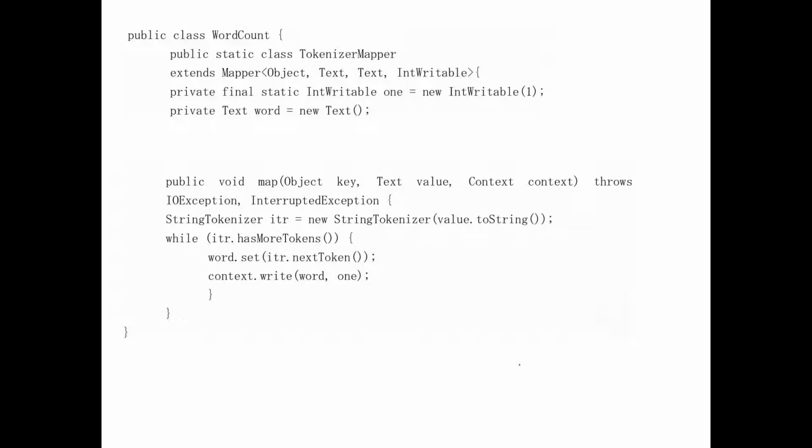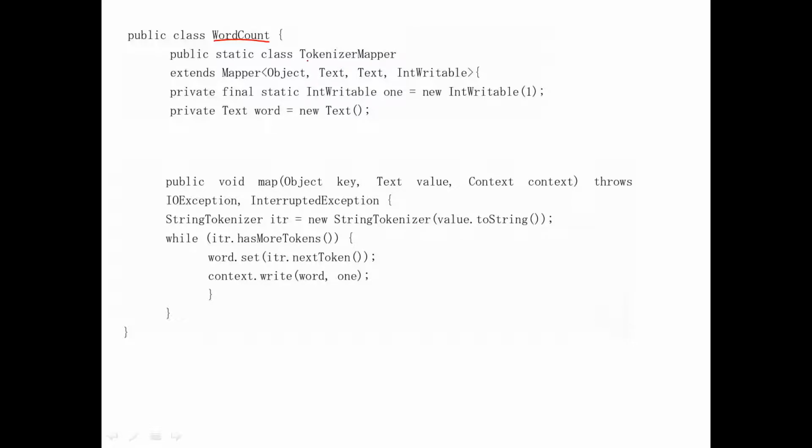Firstly, we'll give the class name as WordCount. This is the class name. Whenever you want to execute this program, we need to specify the class name or program name. WordCount is the class name. You know how to execute a Java program. Firstly, we'll see the mapper class and how the mapper works.